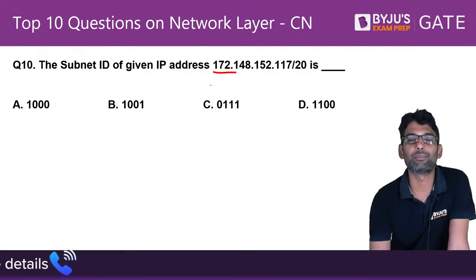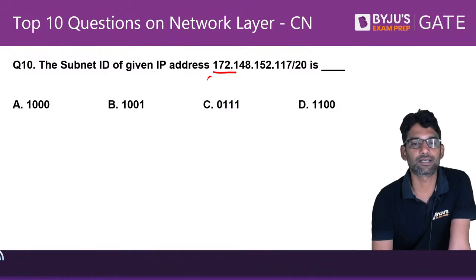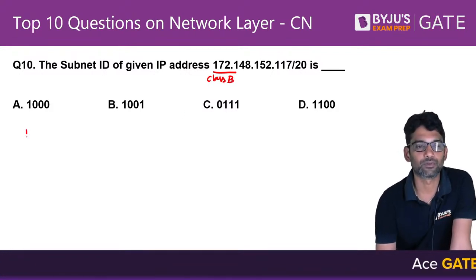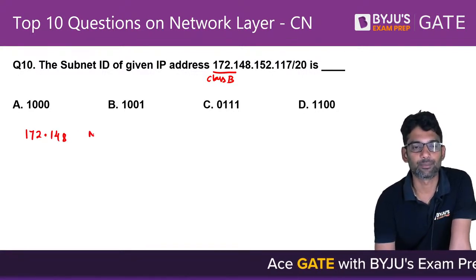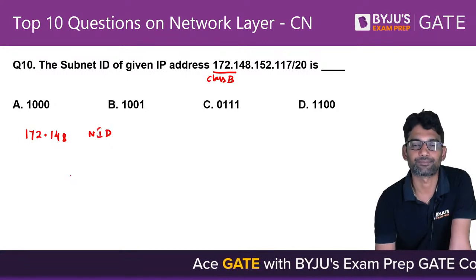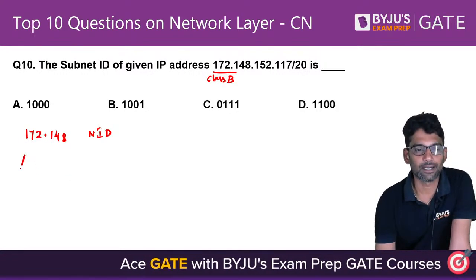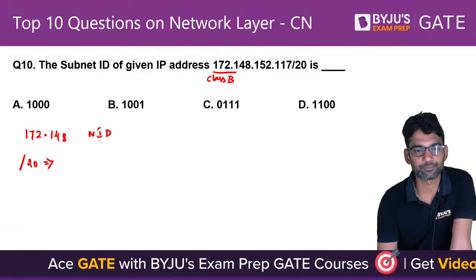From the given IP, we can say it is class B. So 172.148 represents network ID, and as per /20,